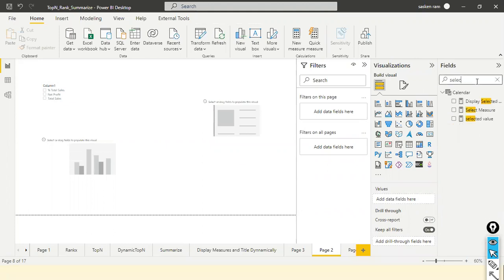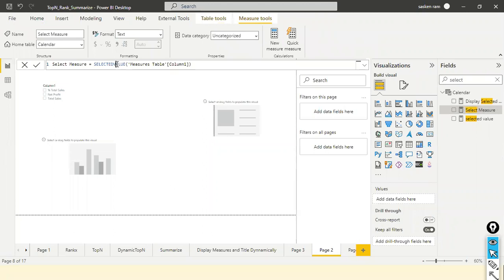For example, this one, selected measure. If I click on this, look here, SELECTEDVALUE. Which table and which column did I use for this slicer? I've used the table called measures table and column 1. In this slicer I use this table and this column, so I'm going to pass this as an argument to my SELECTEDVALUE function. I created this measure already, and I just dropped it into